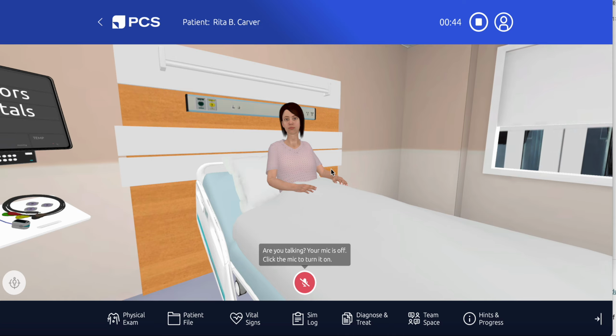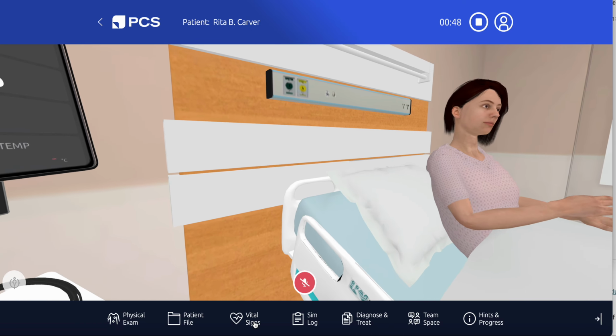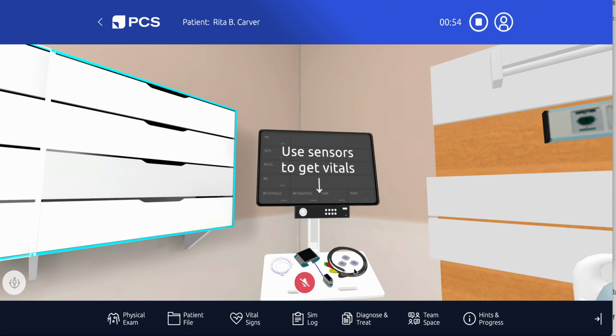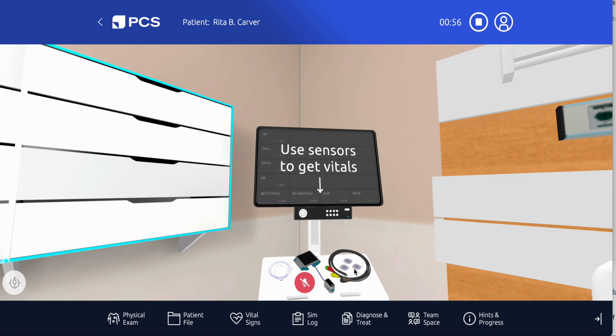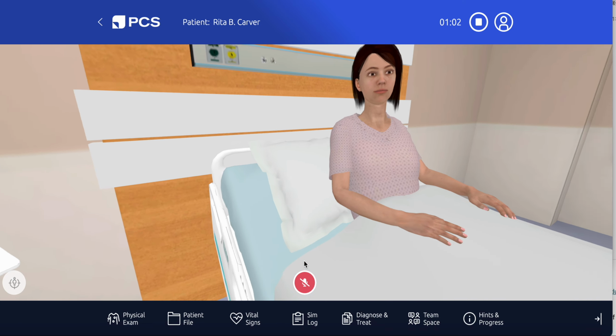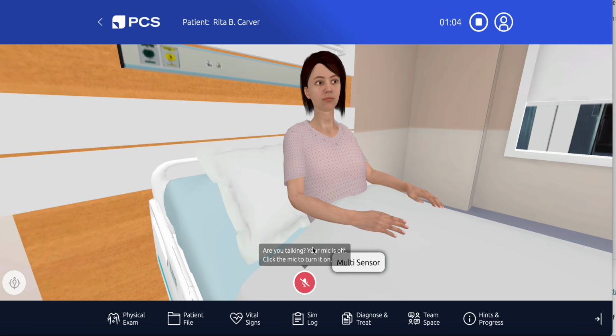Vital signs, the easiest way to do so is to click on the vital signs button in the bottom panel of the screen. This will take you over to the vital signs sensors. You can then use your mouse to manipulate your view of the screen. You can then click on this multi-sensor tool, which once you click on it, will automatically move you over